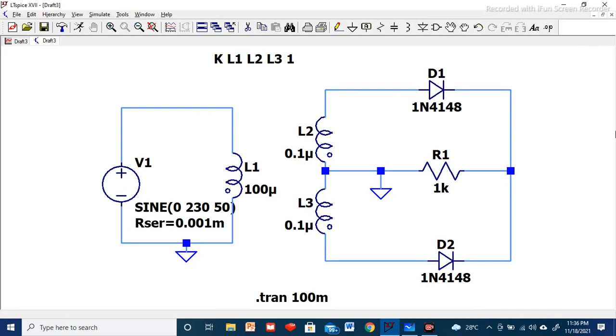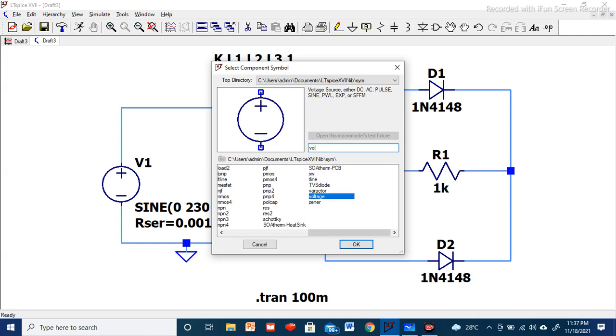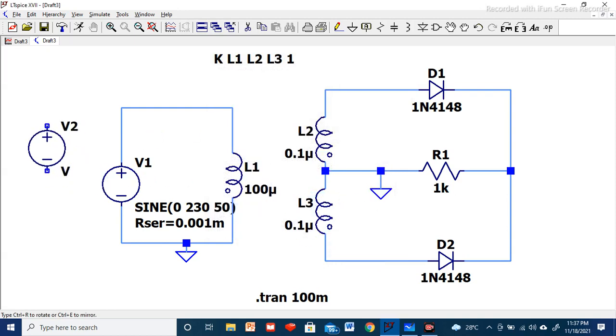As you can see here, we have the circuit for the center tapped full wave rectifier using two diodes. I'll go from left to right. Initially we use a voltage source supply. To define the voltage source, we select this component and type here "voltage". After typing it, we'll get the voltage source. Select OK. Now we have selected a voltage source. Already I have defined one here, that's why I'm getting it as V2. I'll place it here and then press the escape button to be free from the selection.